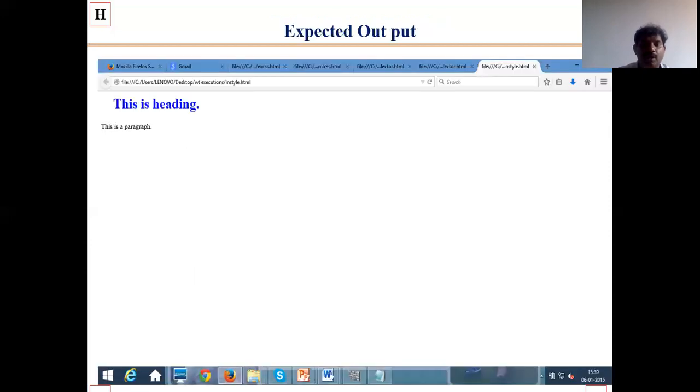Here we can run the program and see the output. This heading is in blue color, shown on the left side, and this is a paragraph. We did not specify any color for the paragraph. If you want to, simply give style equal to color colon red, then the paragraph will show in red color.